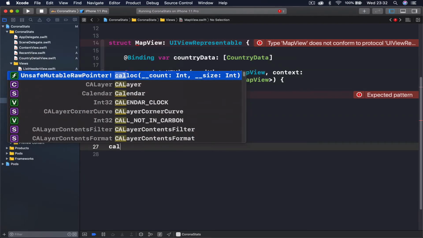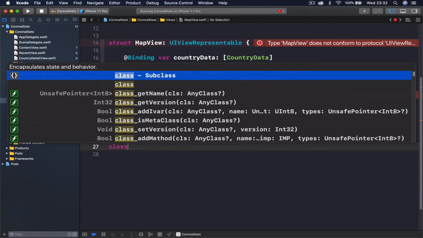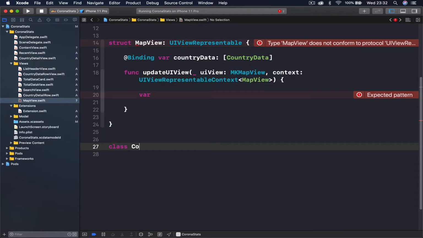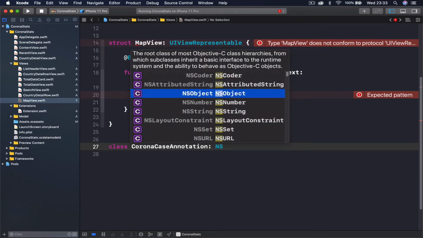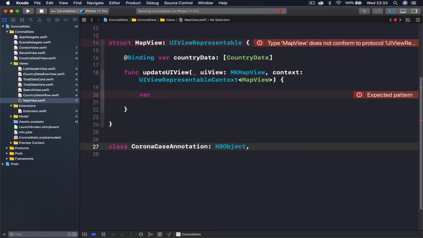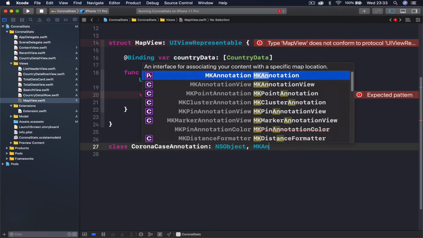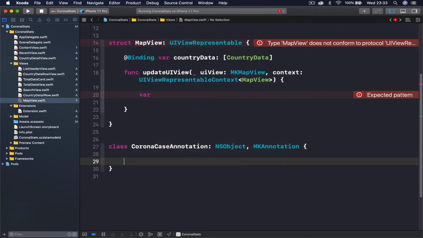Say class CoronaCaseAnnotation, and this is NSObject and MKAnnotation protocols. So we are conforming to these two protocols, which is required to create a MapKit object,